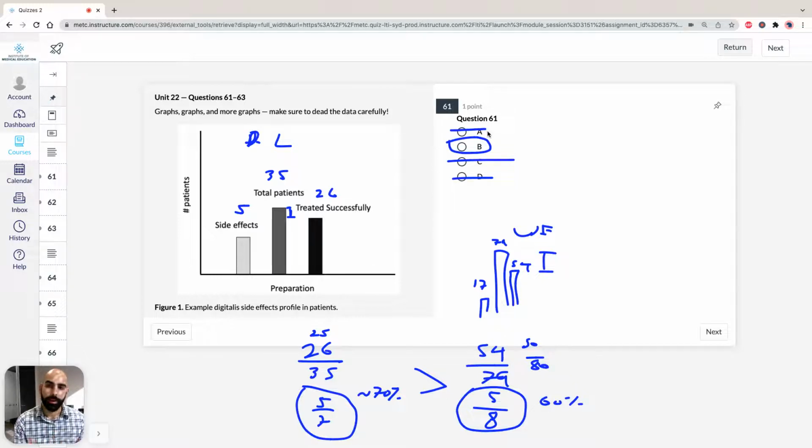If you had a background in research, you'd understand this: in research, most primary endpoints are trying to cure a disease. It's not necessarily side effects, unless they explicitly state that we're looking for side effects. So if we take a look now at question 62,